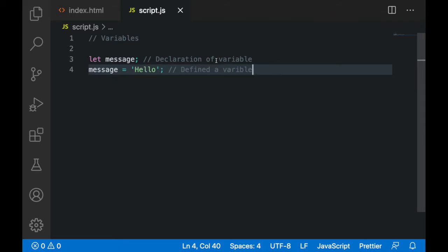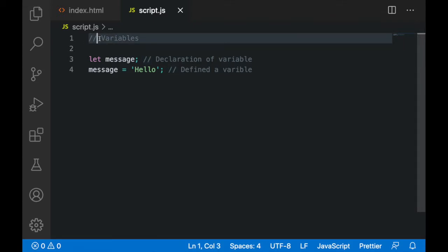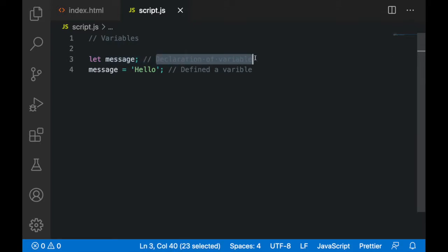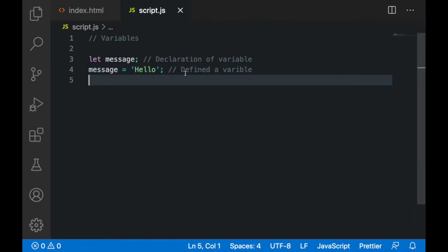Okay, so here I am using this double forward slash to write single line comments. Okay, I will explain to you what is the meaning of these comments. Comments are basically that part of our code which is not executed. So this part of code has no meaning for the JavaScript interpreter. So this is not basically the part of my code. You can say this is for the understanding of our fellow programmers, as I'm explaining it to you right now by using these comments.